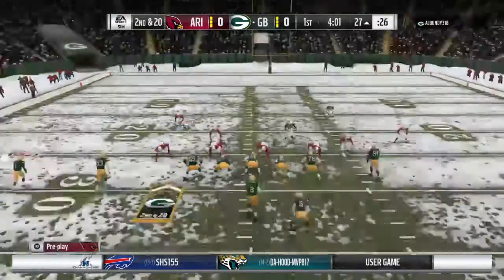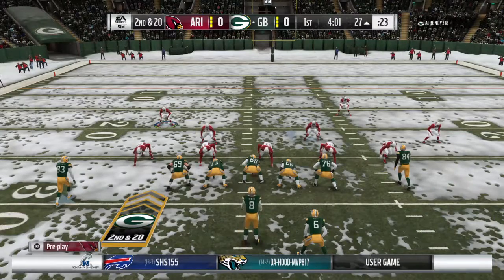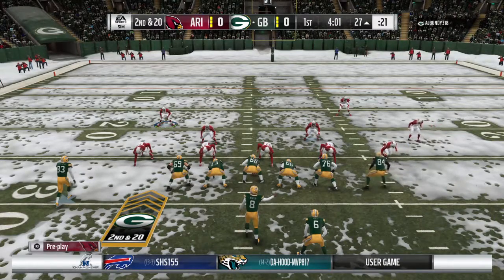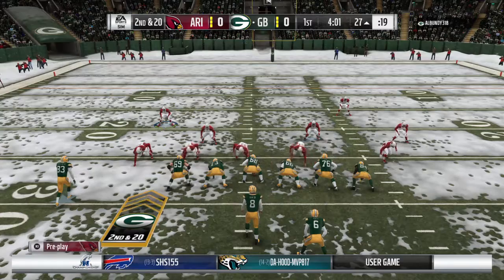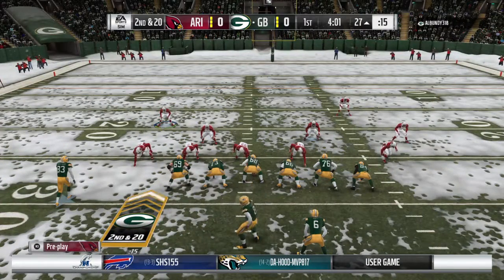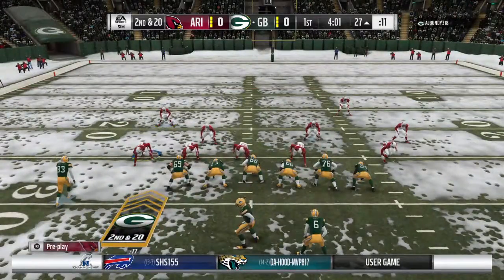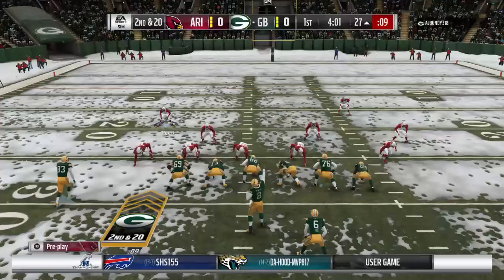20. Gun, gun. Hey, hey. Gun, gun, gun. Express. Express. Shoot